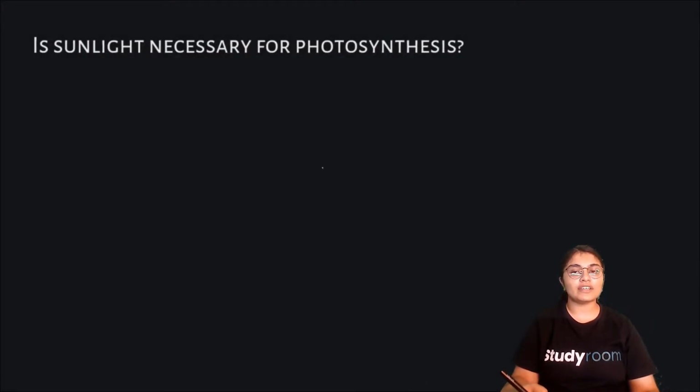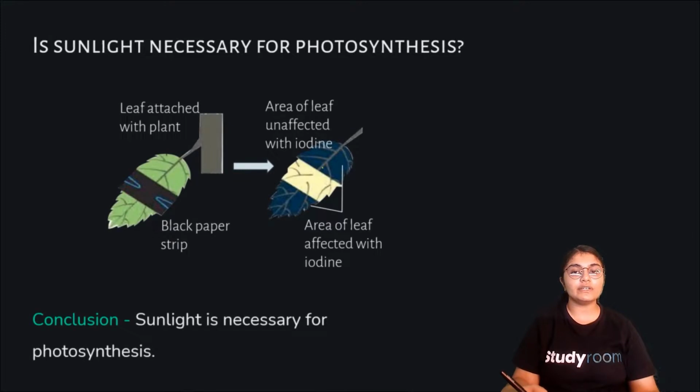Now again we are talking about sunlight, so we are taking one by one all the components and we are proving that all the four components are very, very important for photosynthesis. Now here we have the component of sunlight. What we will do is take a potted plant and keep it in a dark place for 2 to 3 days and then cover a part of one of its leaves with a strip of black paper. So here you can see how a strip of black paper has been used to cover a part